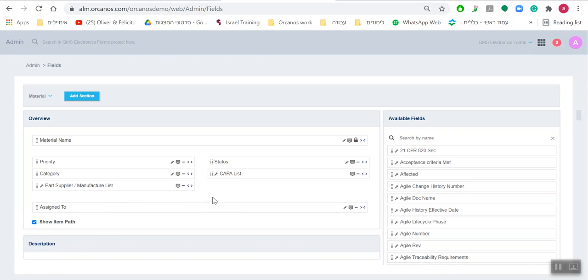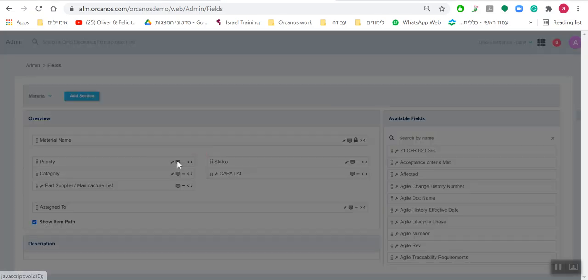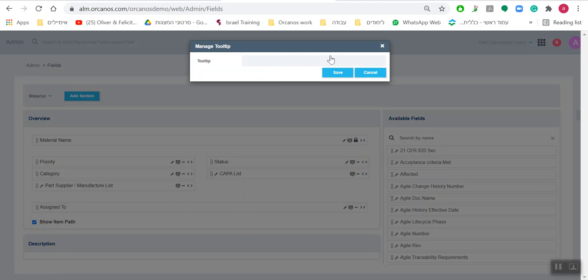fill this work item. The final and very important function that you can control under your fields layout are tooltips. You can add tooltips to give instructions to the users and additional information on how to fill this specific custom field. For example, for priority, I can add a tooltip that will give instructions